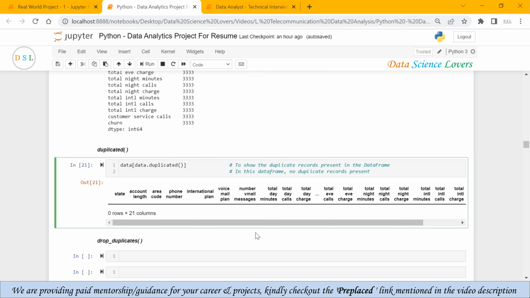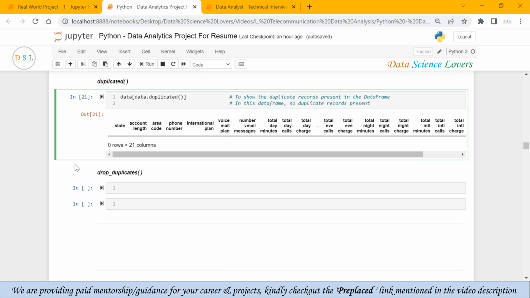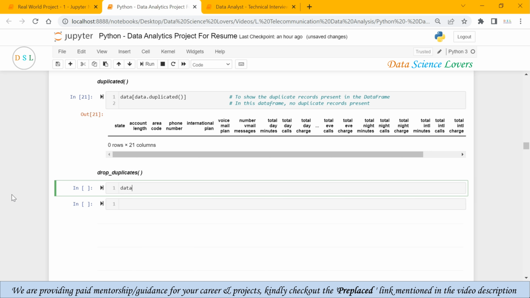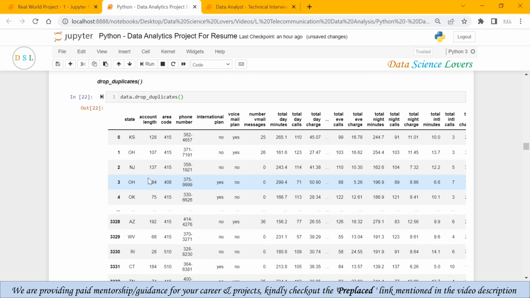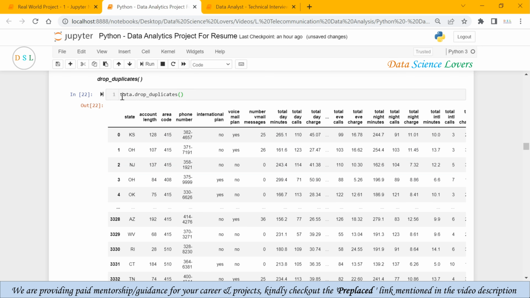Now, in case there were duplicate records, then there is a function to drop the duplicate records, and the function is drop underscore duplicates function. How to use this function? We have to write our data frame name and use drop_duplicates function. When I run this, the duplicate records of our data frame will be removed and we will save our output in our original data frame, which is data equal to. Okay, so this syntax